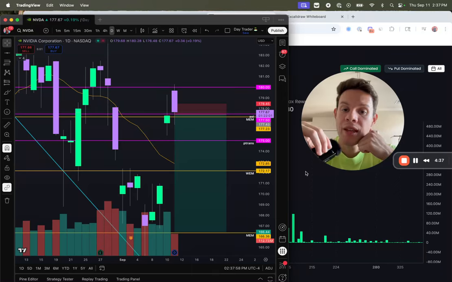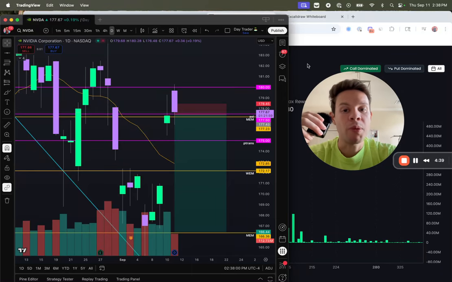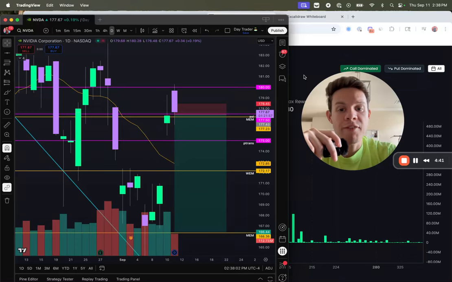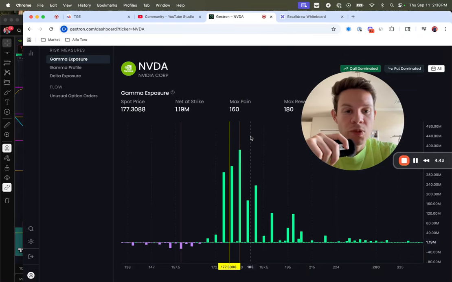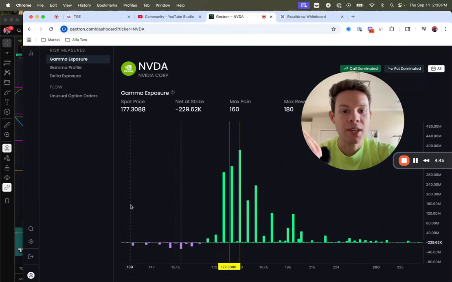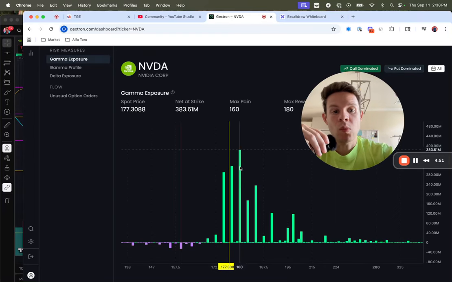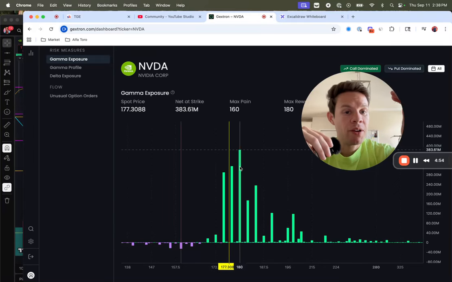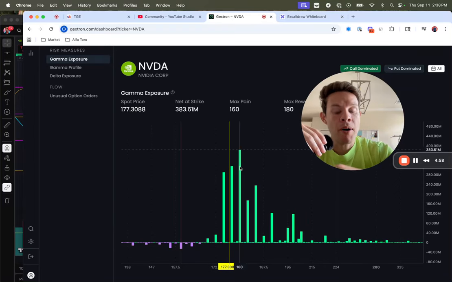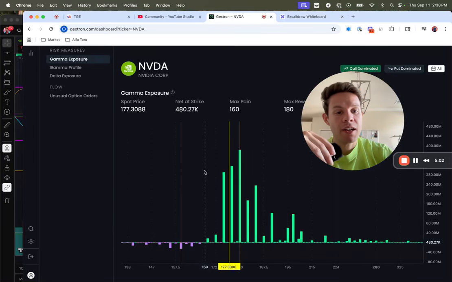Now, you may be asking me, well, Ruben, why are you shorting it if it's above P-trans? The reason is really simple. It has nothing to do with just being a bear or anything. It's that we hit max reward. And whenever price hits max reward and also a monthly price target, it can have a tendency of pulling back. Not a crash, but a pullback. And that's what I'm aiming for here.